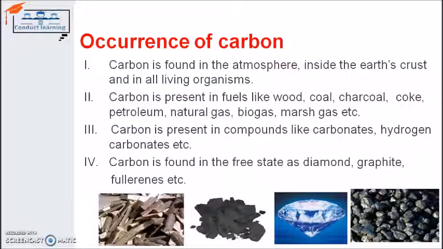The same is true for charcoal. If we burn charcoal, it also produces gases like carbon dioxide. So we can say it has carbon in it, because that carbon reacts with the oxygen present in the air and forms carbon dioxide. The third one is diamond. Diamond is a pure state of carbon. It is the one allotrope of carbon which is shining and lustrous. The last one is coal. Coal is also carbon.